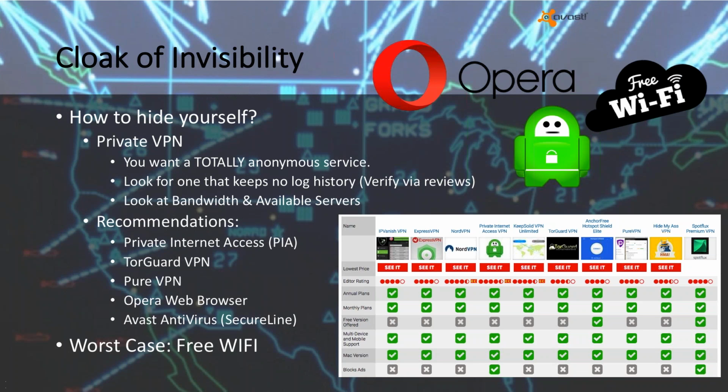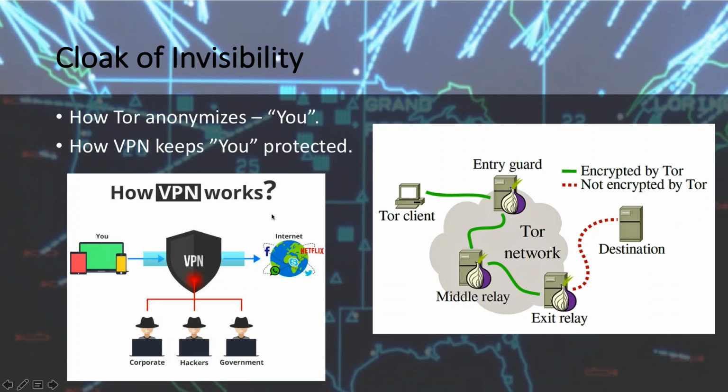Yep. In the worst case, you can use free Wi-Fi. So if you wanted to hide who you were, going to McDonald's or something like that and using free Wi-Fi, as long as it's a secured Wi-Fi network, you can hide who you are depending on what you're accessing. And the other option is to use Tor, like we talked about earlier, where it anonymizes you. While you're on the Tor network and bouncing around between relays, no one knows where you're actually coming from. And then again, the VPN also helps keep you protected.